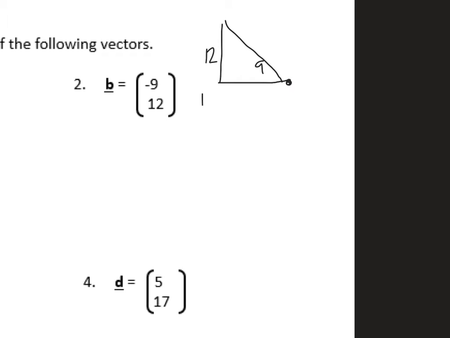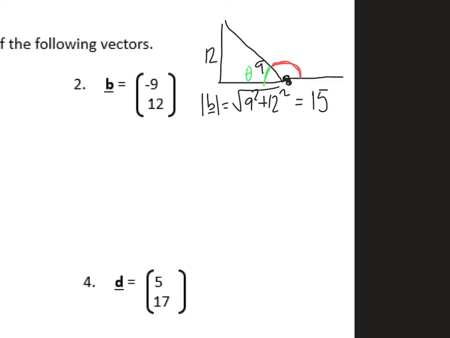So to get the length, I'm going to do square root of 9 squared plus 12 squared, and square root it, and I get 15. So the magnitude's 15. And to get the angle, well, I measure from the positive x-axis, so it's this angle I want. So what I'm going to do is work out this one and then just take it away